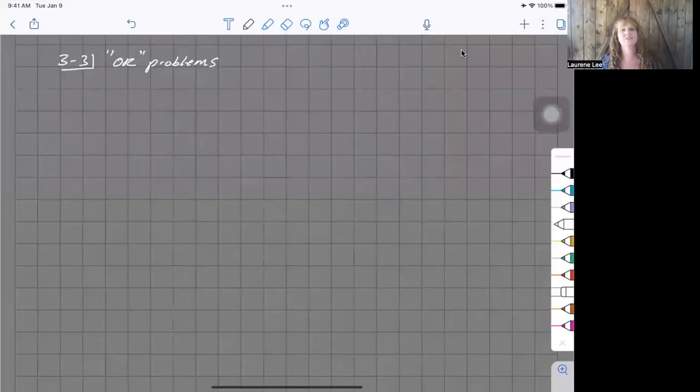Hey, this is our last type of probability problem that we're going to talk about, and they are called OR problems. So these are situations where you're doing one event, but you have a choice. You can get this or this. So first vocab word that we need to set up